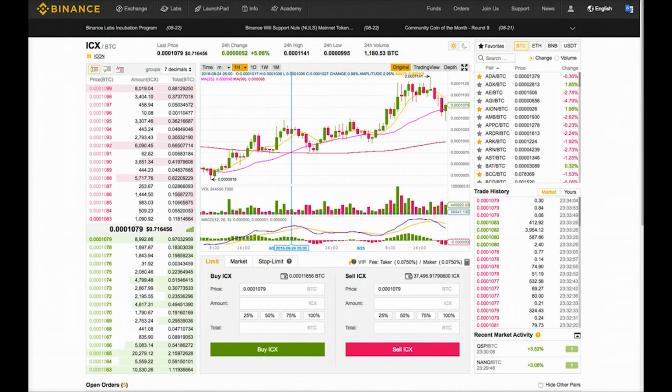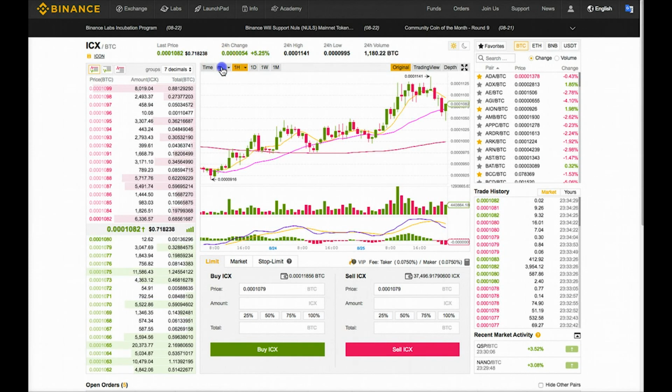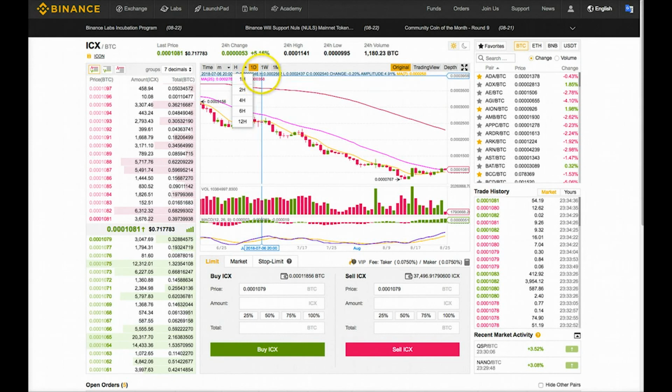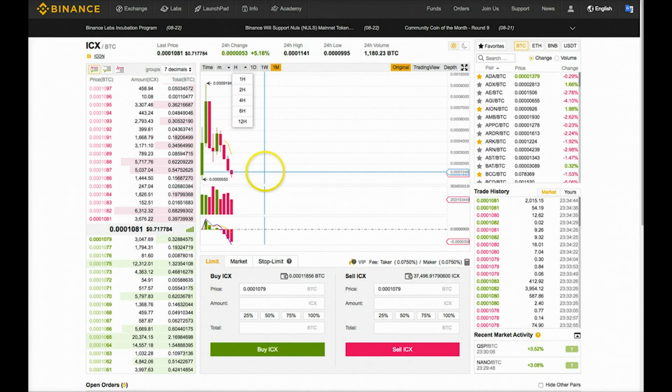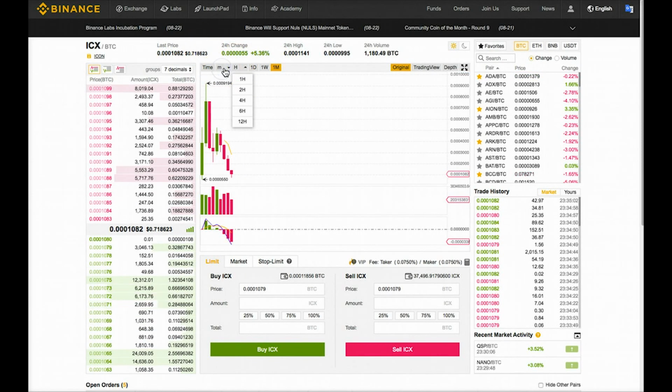You can adjust the time frame of the candlestick chart using the buttons at the top left of the chart. You have options of minute-long charts, hourly charts, daily charts, weekly candlestick charts, and monthly candlestick charts. With the minute and hourly candlestick charts, you can click their drop-down menus and you'll have a full array of expected options of scale and time, all the way from 1 hour to 12-hour candlesticks. I tend to use 1, 2, and 4-hour candlesticks the most when it comes to hourly time frame charts.